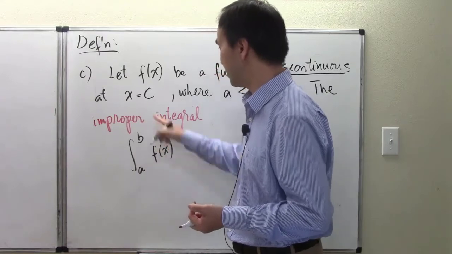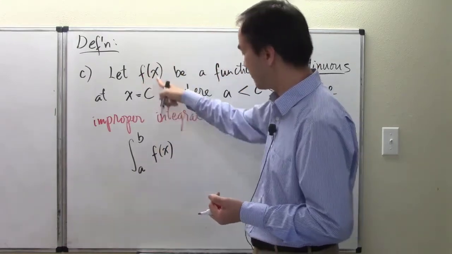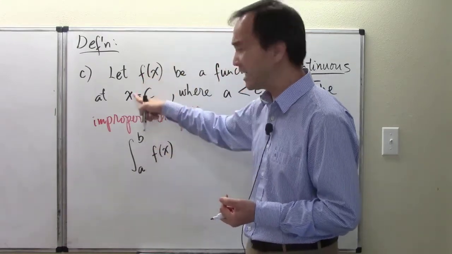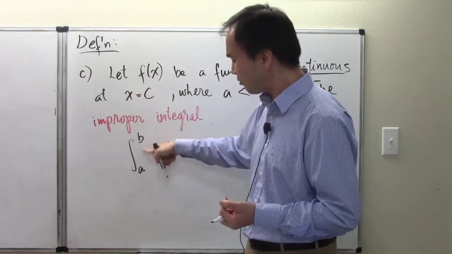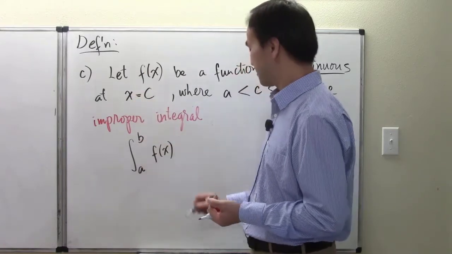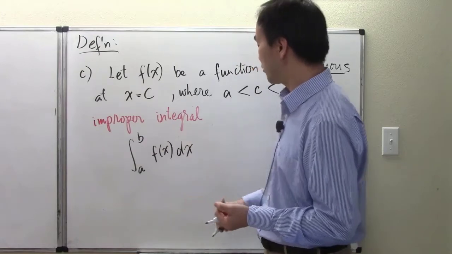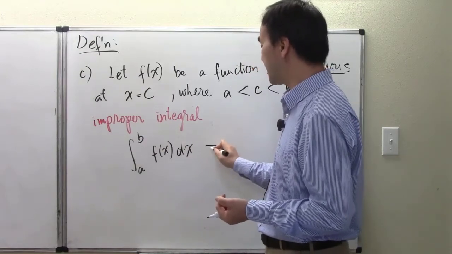But keep in mind, again, the preliminary here says f of x has some discontinuity, at least one, somewhere between a and b. Okay, so this improper integral is defined to be